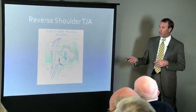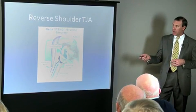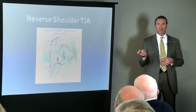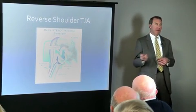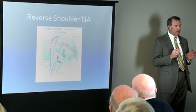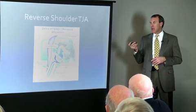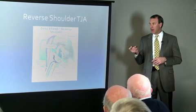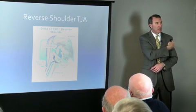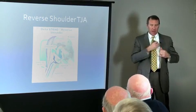The reverse shoulder, you put the cup on the ball and the ball on the cup. And the point there is that if you've got a rotator cuff tear that cannot be fixed, you can't raise your arm very well. Some people do it, and that's a totally different topic. But if you can put this here, you can use your deltoid, which is the big muscle you can feel. You can power your shoulder. If the rotator cuff attaches